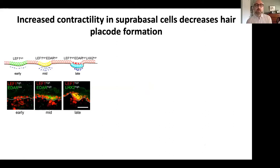The formation of a hair follicle has been really well studied, and we know a lot of the intermediary steps in the initial formation of a placode, which then goes on to form a hair. For your purposes, all I want you to know is that within this layer of progenitor cells, they're mostly going to contribute to making the interfollicular epidermis. Some of them